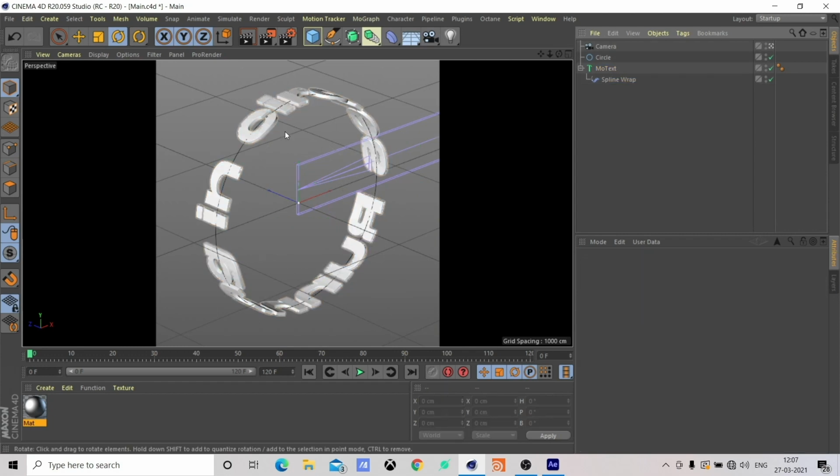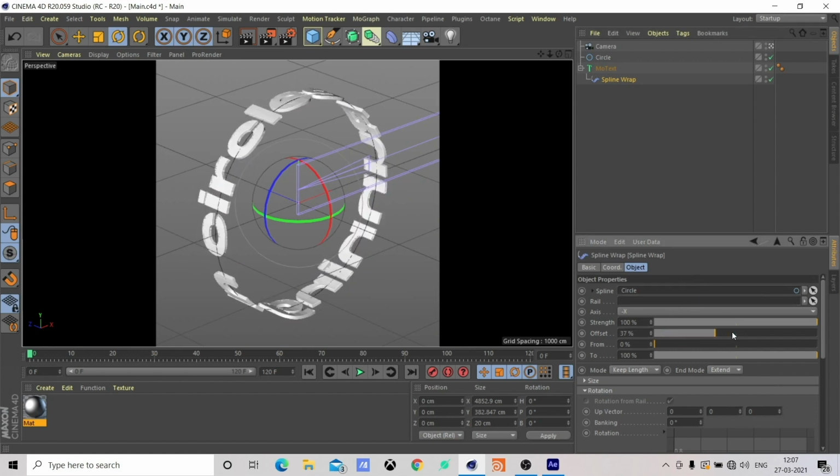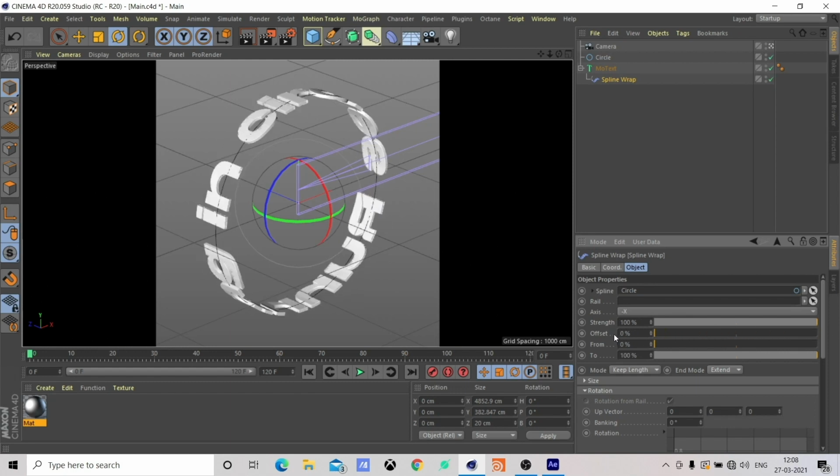Now we want to animate this. There are a few parameters which we can animate. The first thing we'll animate is the offset, which will basically move the type along the circular path that we have. If you click on this button, it is going to set the keyframes for us.